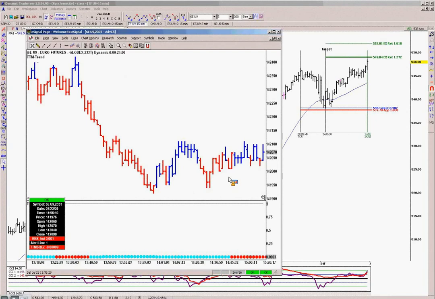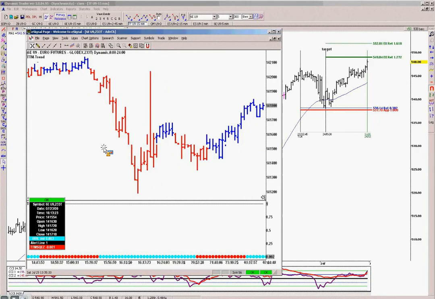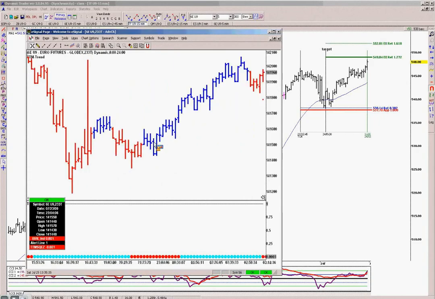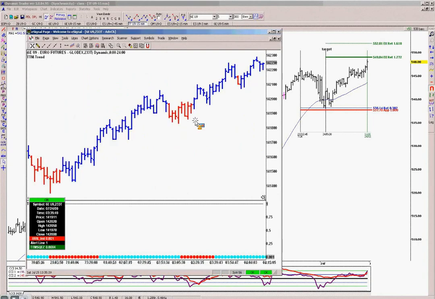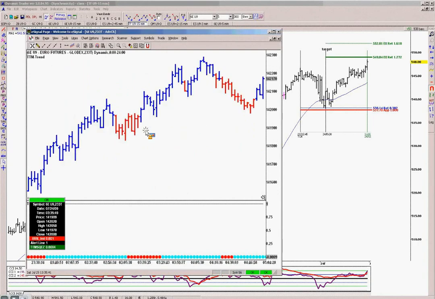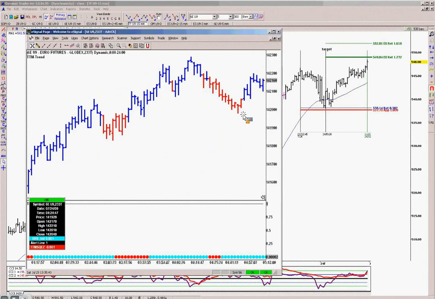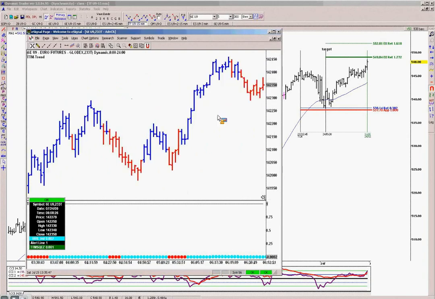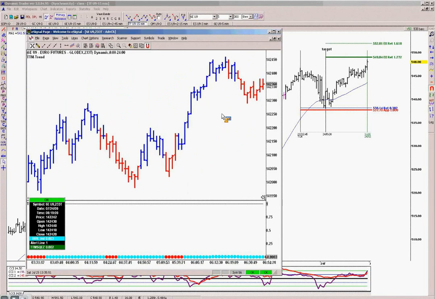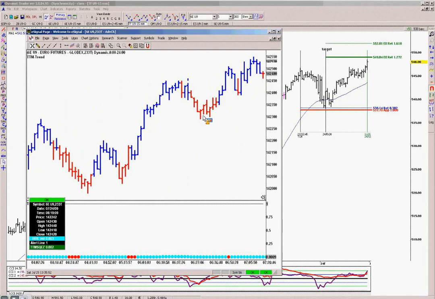Okay, tick chart. As far as the tick charts, from what I understand, and I'm not the expert on this, the program will not paint a bar until you have 233 ticks, and then it will paint the next bar. But again, you're probably better off asking a person that works for TradeStation or eSignal.